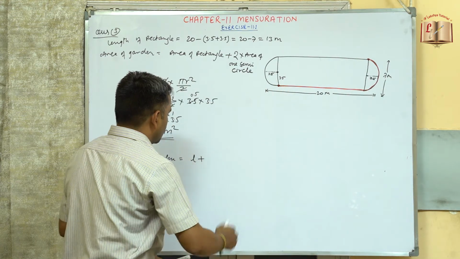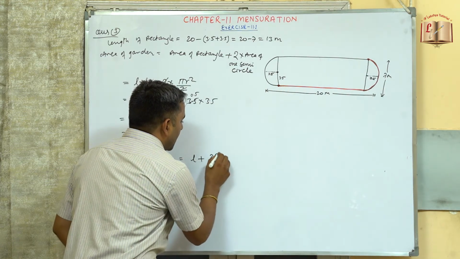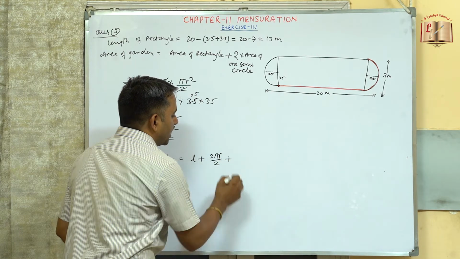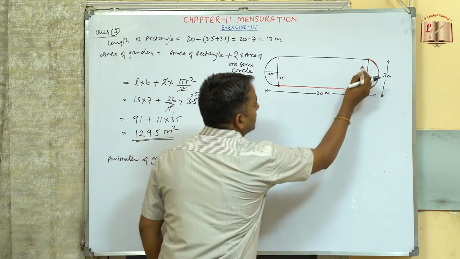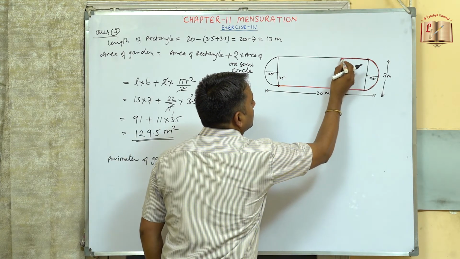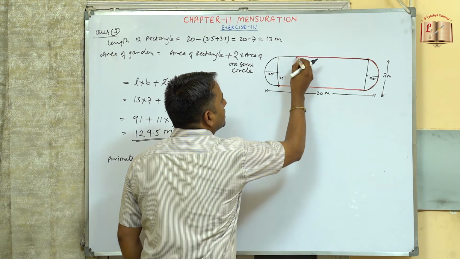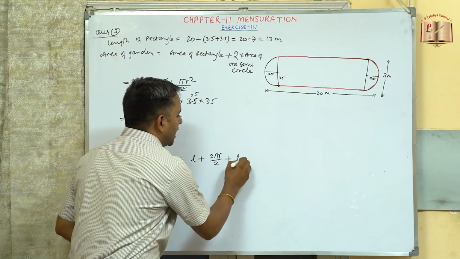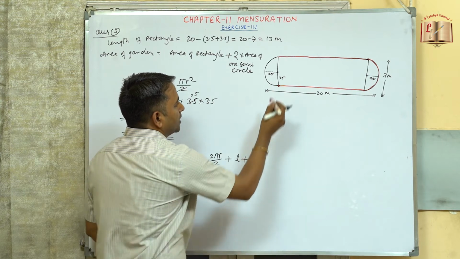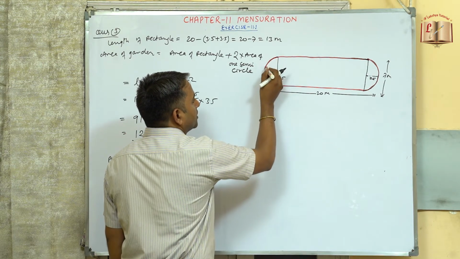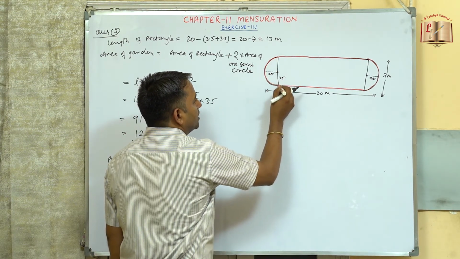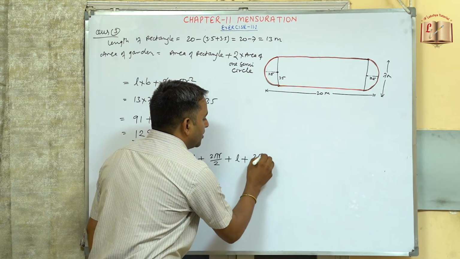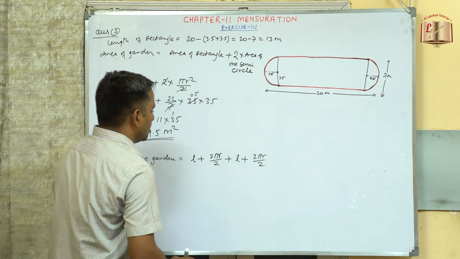So we will write 2 pi r, this is the perimeter. So the semi perimeter will be half of this, plus again this length, which is the length of this rectangle. So again this length will be equal to L plus this semi perimeter. So we'll come to the original point. So this is the complete boundary of this. So this will be the semi perimeter, so 2 pi r by 2.